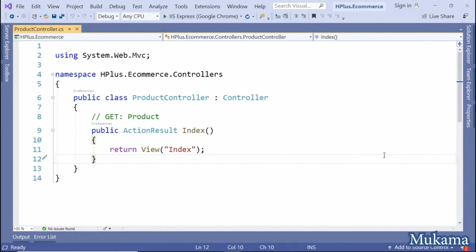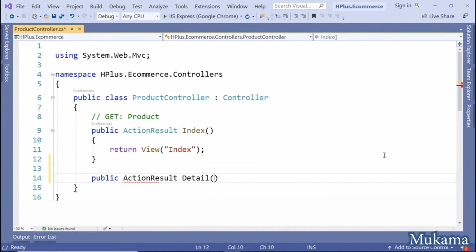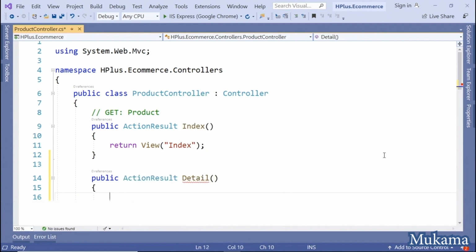Let's add a new action method to our product controller called detail. This will route our users to the product detail page for a specific product. For readability and for search engine optimization, we will use the product name in the URL path. Let's accomplish this by adding a route attribute,